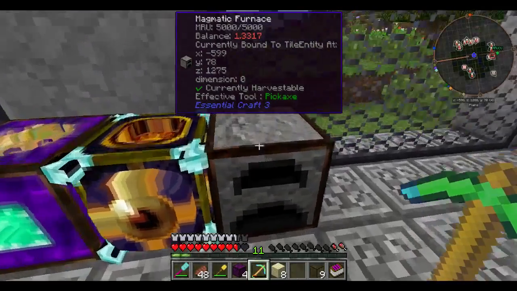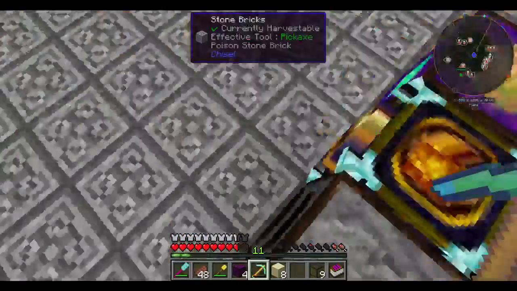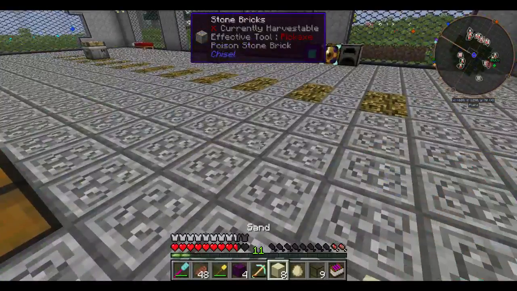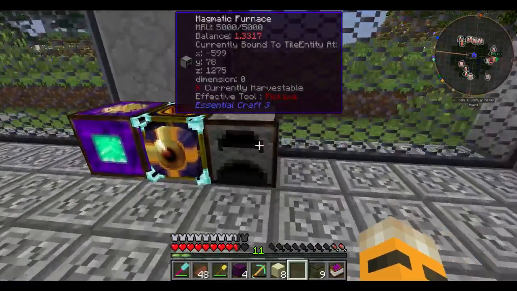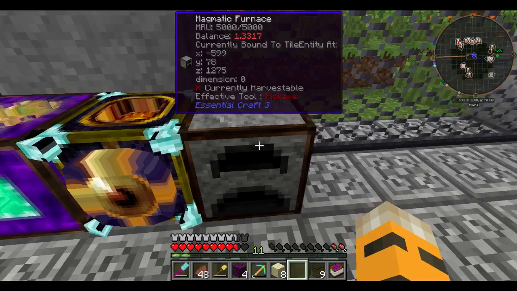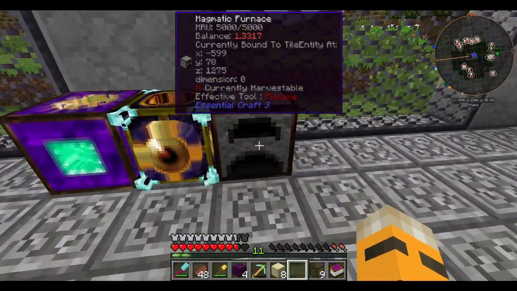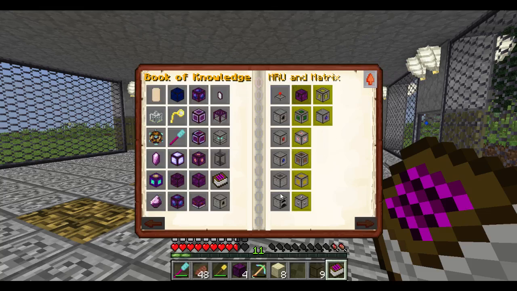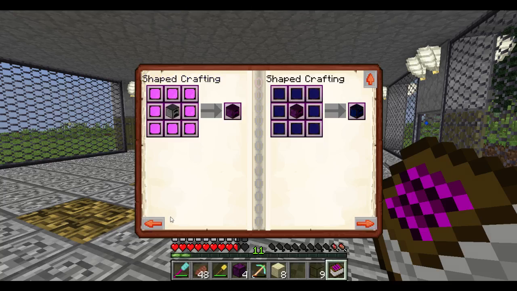I do think we can upgrade this magmatic furnace. Not only can we make it quadruple at some point, we're going to need a little bit more knowledge. We're going to need a better research book for that. But I think we might have already unlocked it. I believe if you add plates to the side of the magmatic furnace, that's how you make it. They don't really say,